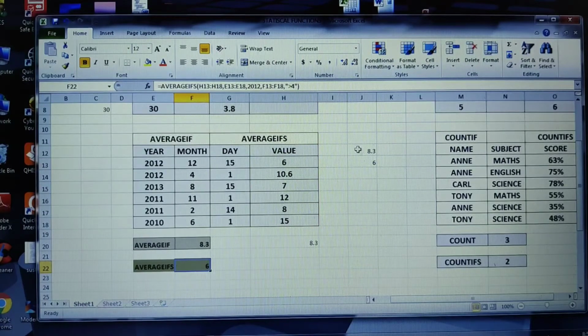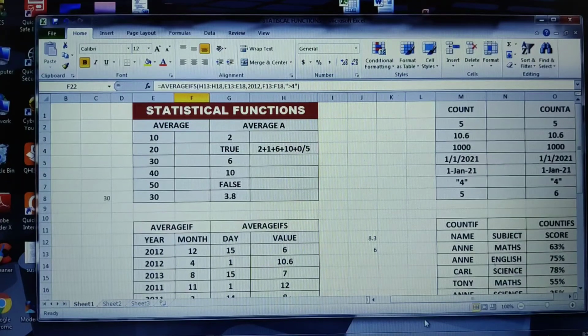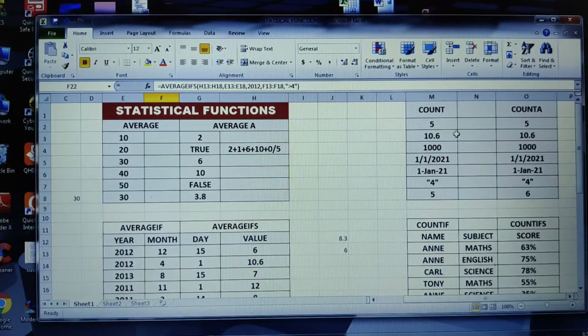Alright, so moving on to the next one, the COUNT function. So this is the COUNT function, wherein the COUNT function will find out the number of cells in the given arguments. So when I place a cursor over here, see, is equals to COUNT. Now this is the M column. So the range is from M2 up to M7. So I wrote the formula as is equals to COUNT of M2 to M7. You see here it is coming 5.